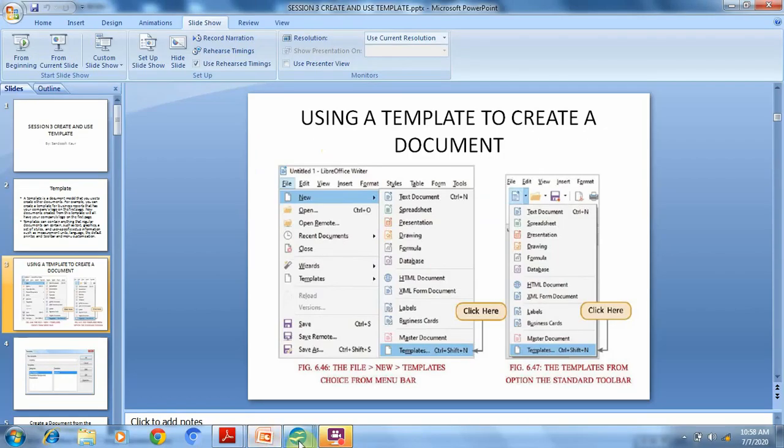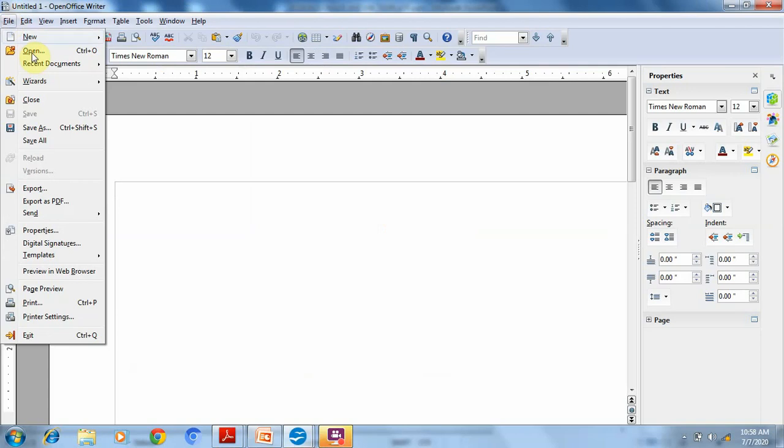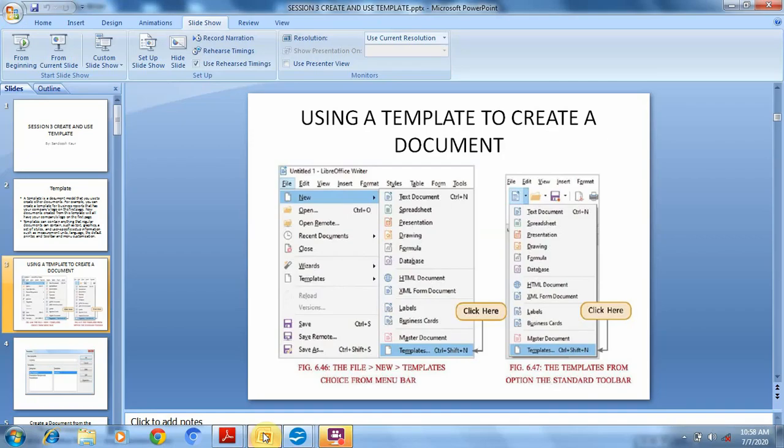next, we can also create the template by using the Wizards option. See, click on Wizard. There are different types of templates available like letter, fax, agenda. We can use these all. We can use any. And next is